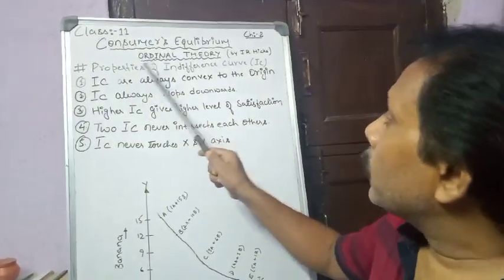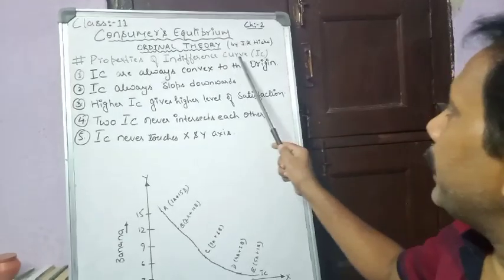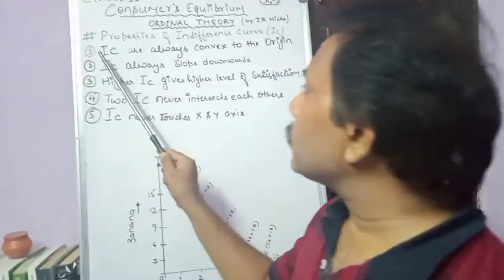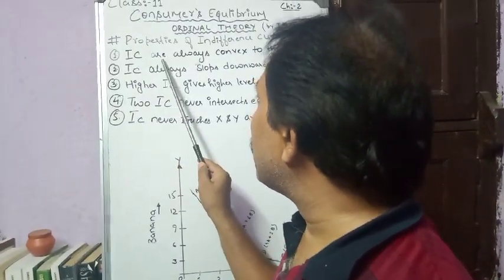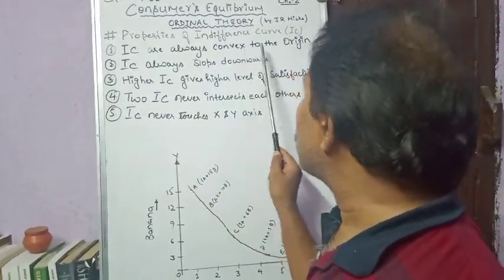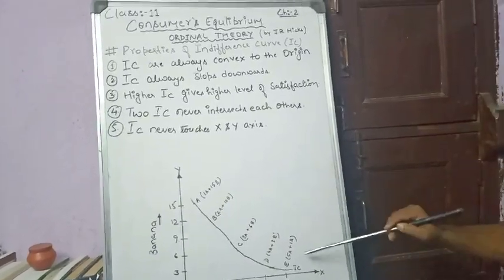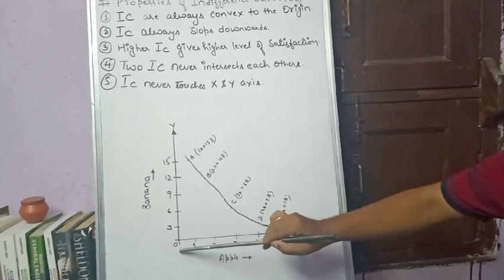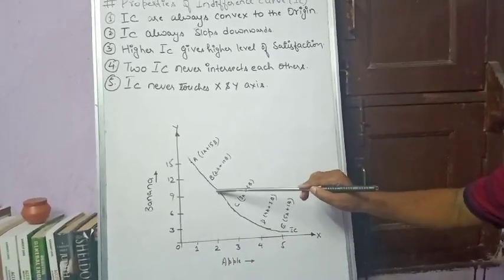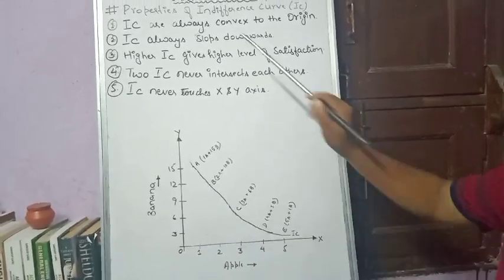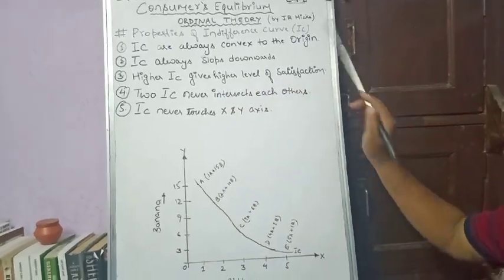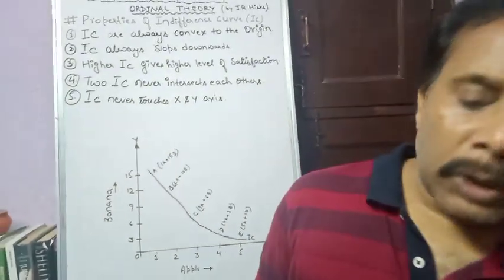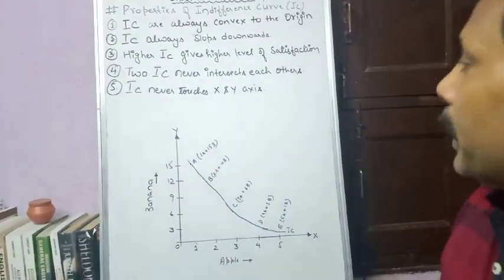Now comes a new topic, that is the properties of indifference curve. So what are the properties of indifference curve? First, the IC curve is always convex to the origin. Look here, that is the IC curve, this is the origin, and the curve is convex to the origin. So why is the IC curve always convex to the origin? IC curve is always convex to the origin due to diminishing